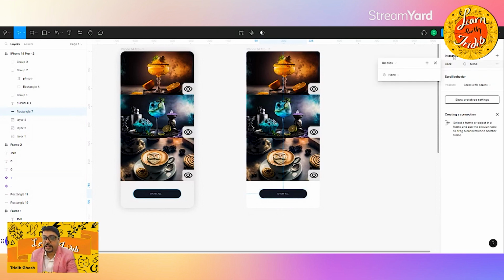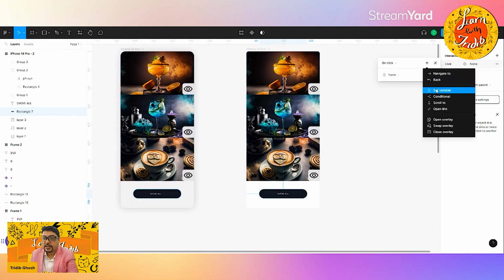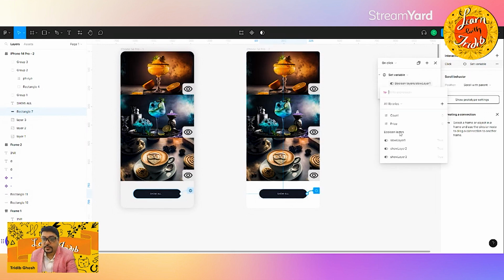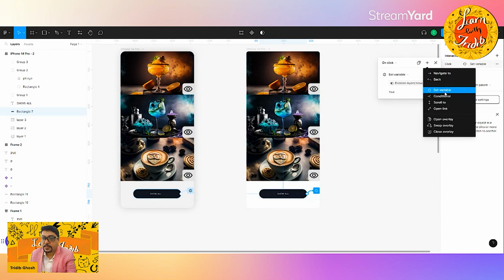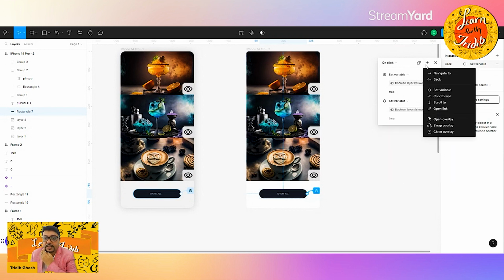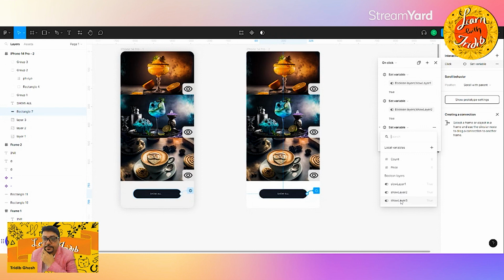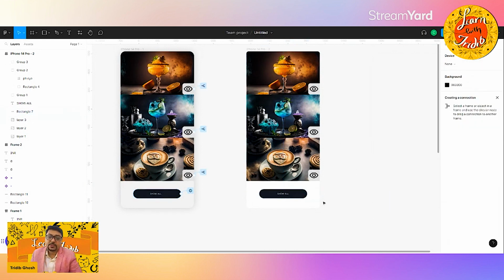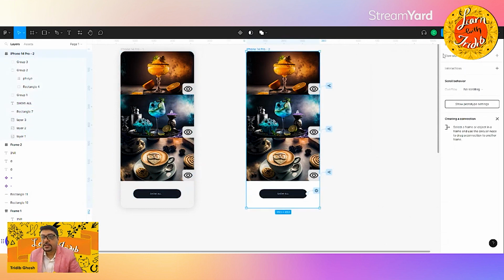Okay, so interaction 1, I will click on this, set variable, show layer 1 to true, that is 1, plus set variable 2 to true, that is second, and again set variable 3 to true. That's it. That is the work of this one. Okay, if we now click on this and play,